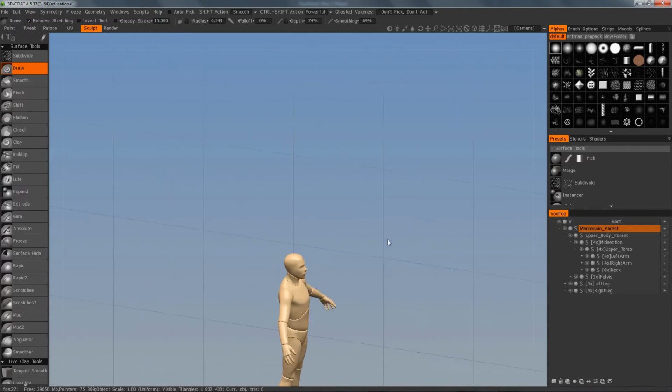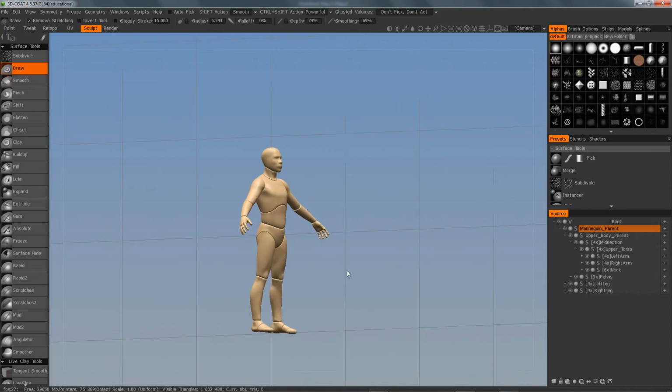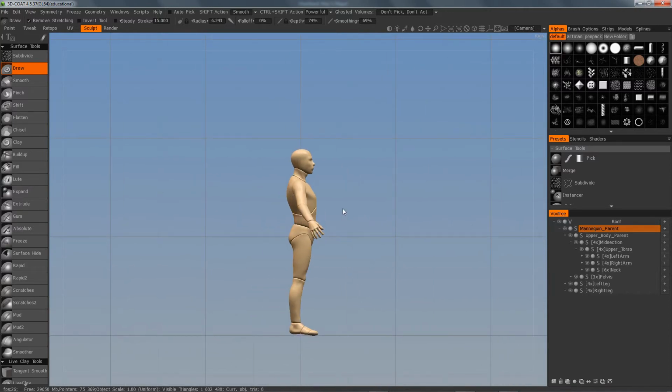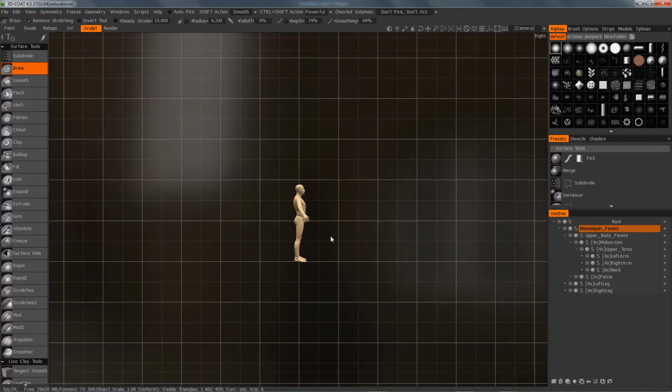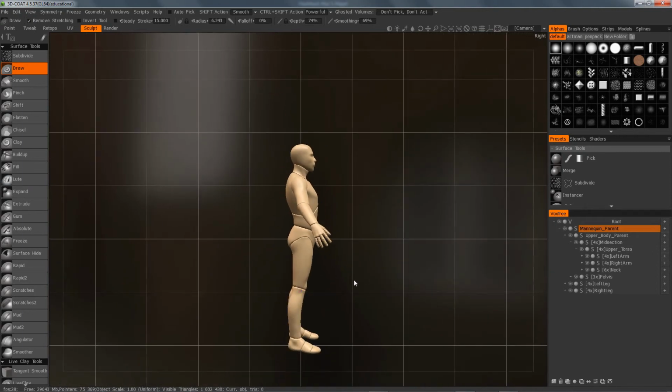Into an orthographic, straight-on orthographic view. It's important if you want true orthographic projection to have it in ortho mode, because if you put it in perspective mode, the same thing works. It's not that it doesn't work. It's just that